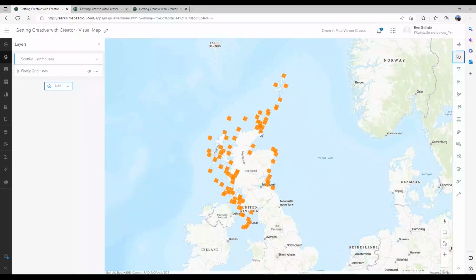And with the creator license, it allows you to create a broad range of maps, each with a unique purpose in mind. So with that, I'm going to take you through a few different ways that you can utilize your license to really make the most of a variety of data. At the moment, we are currently looking at Scottish lighthouses all across Scotland,